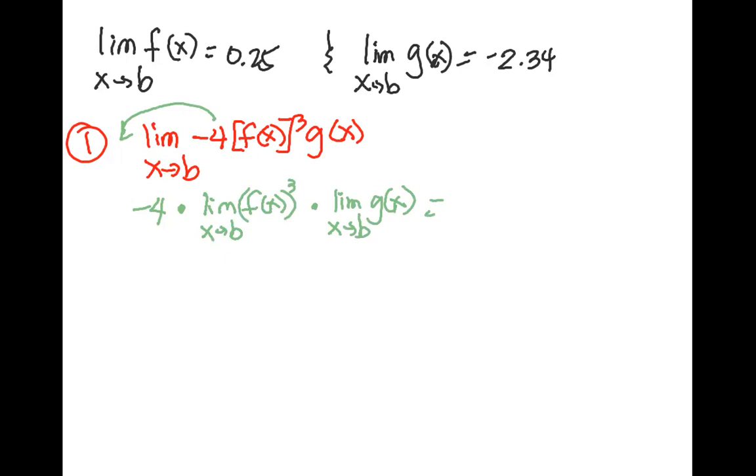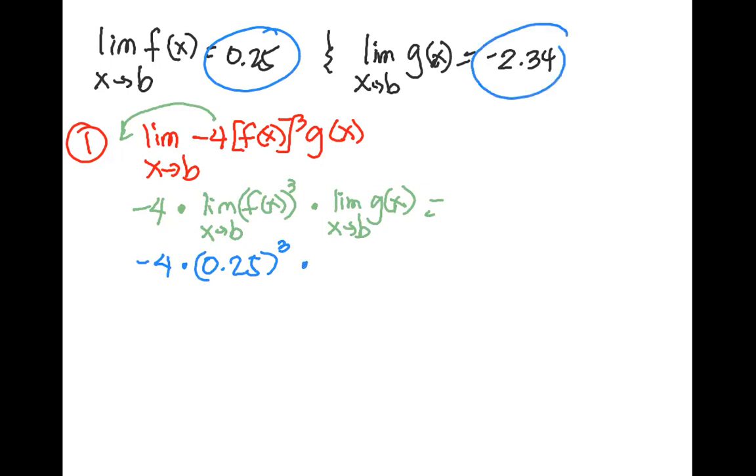And then, again, I will follow this one. Negative 4 multiplied by the limit of f of x, which is 0.25. So we have 0.25, and then we have the power 3, multiplied by the g of x, which is negative 2.34, equals. Okay, next step, negative 4 multiplied by the cube of 0.25. So 0.25 times, okay, so we have the answer